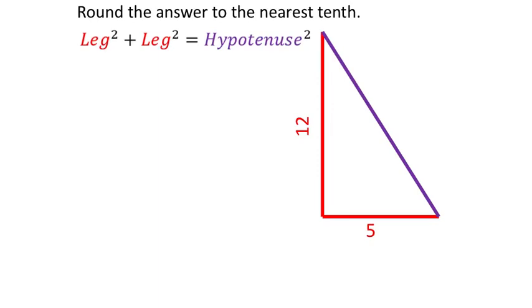All right, so we're going to round the answer to the nearest tenth on this one. But what is it asking for? It's asking us to find the missing length of this right triangle. So it is a right triangle. We get to assume it's a right triangle because this lesson is called the Pythagorean Theorem, which only applies to